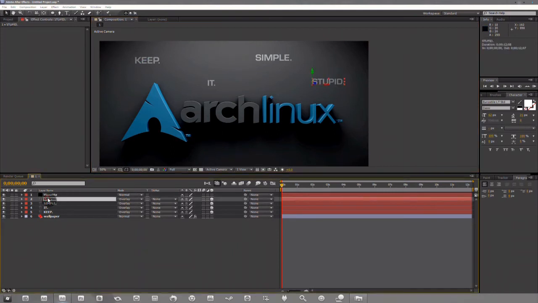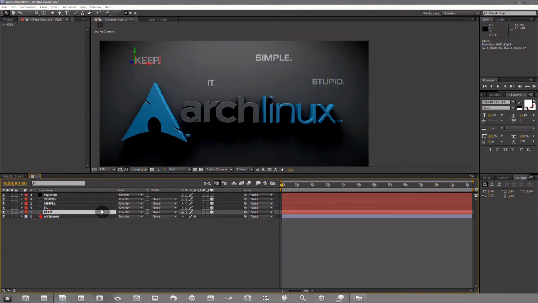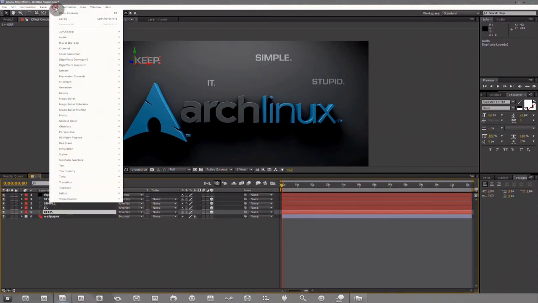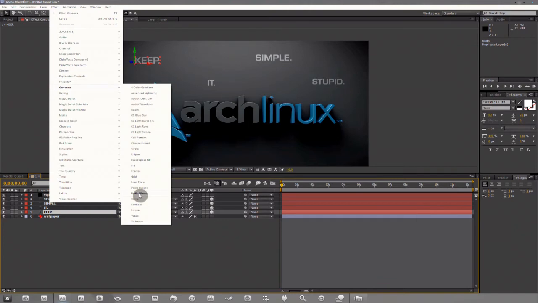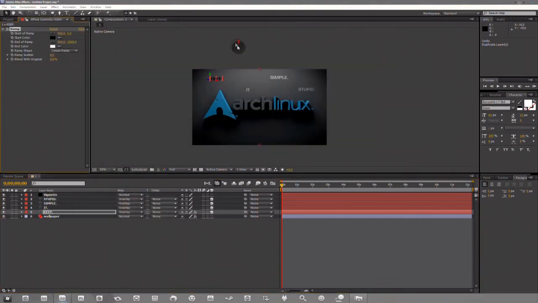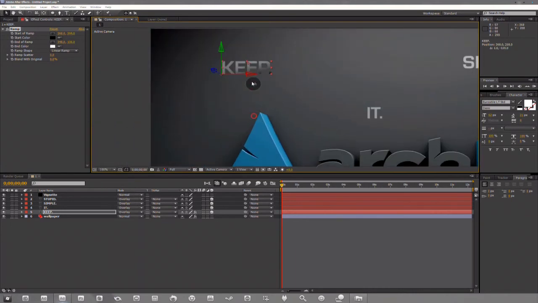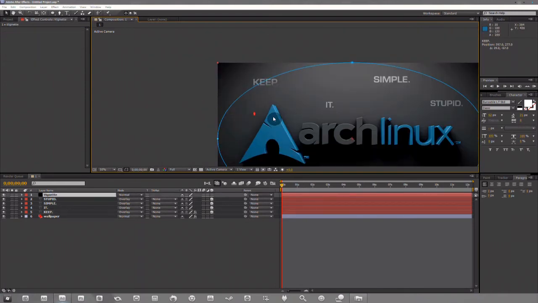So now what I'll actually do is I'll go ahead and apply a ramp to each and every one of these. And if you want more brightness, you can duplicate. There's a bunch of different things you can do to change it around. But we'll go to Effect, Generate, Ramp, and at this point we get two little pick tools, and we can see here this kind of affects our text. So we've got this background going on, and we want it to